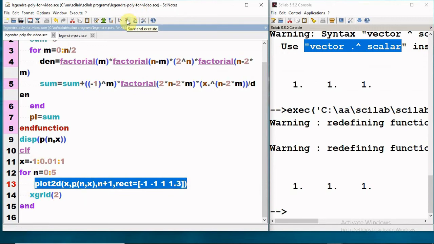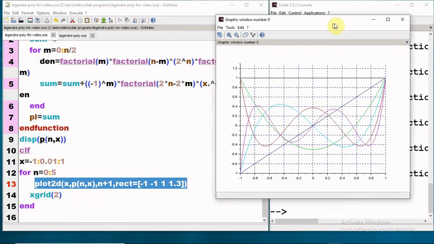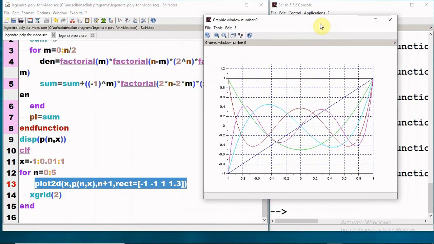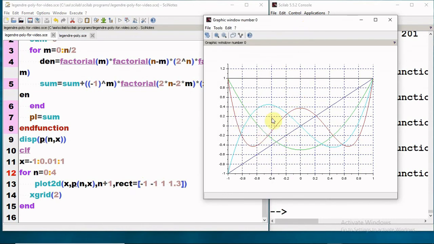Let us execute and see what we get. So we see that we are able to get the plot of 6 Legendre polynomials. If you wish to increase or decrease the number of plots, the only thing you have to do is change the value of n. If I change the value of n here, we'll see that now we are getting 5 plots.